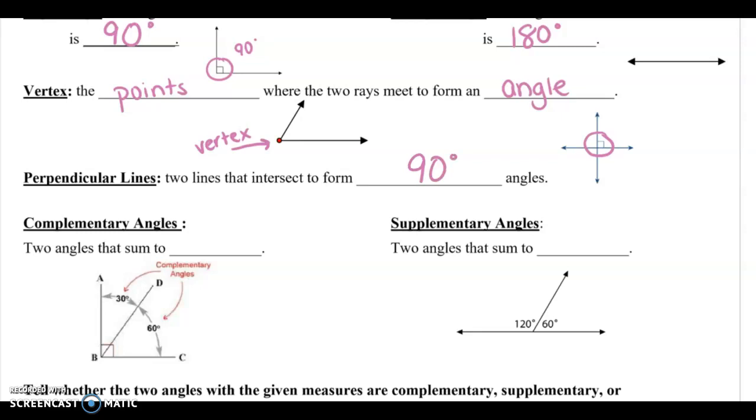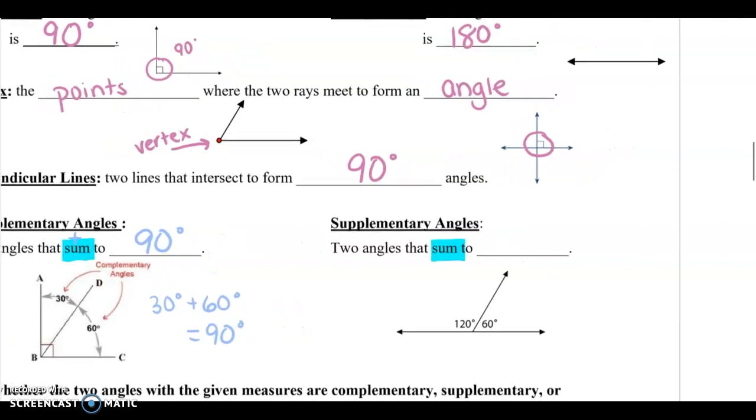Complementary angles, so these are 2 angles that sum, remember the word sum means add, so I'm going to highlight that, they have to sum to 90 degrees. So sum means that they have to add. So if you look here, you see 30 degrees plus 60 degrees does add to 90 degrees. So these would be called complementary angles. Whereas a supplementary angle, they add to 180 degrees. So you've got 120 plus my 60 does give me 180 degrees. So that's why these would be called